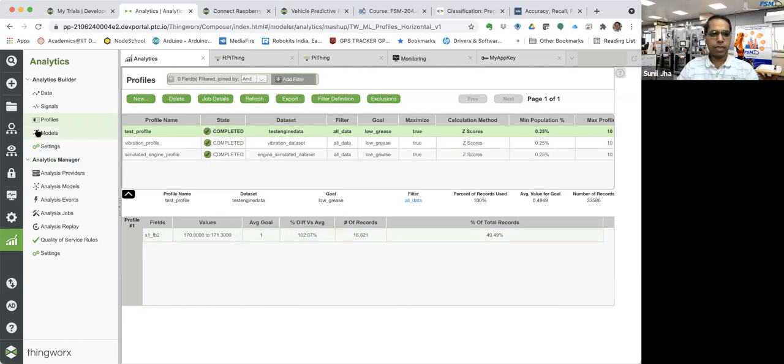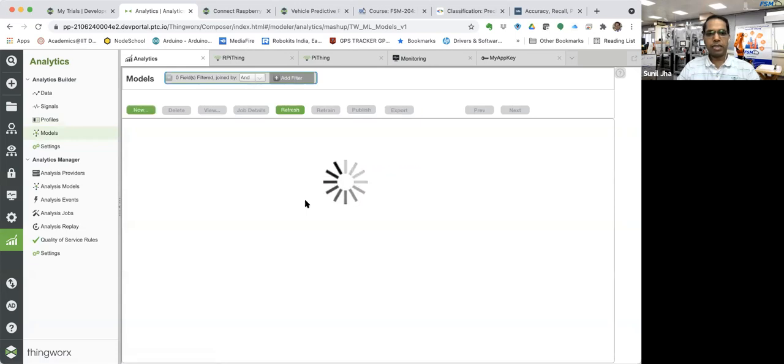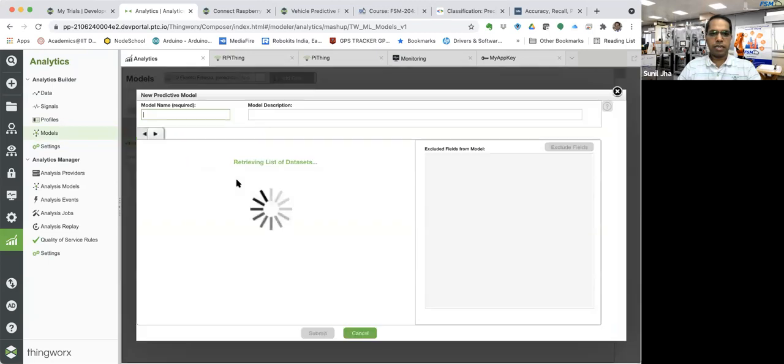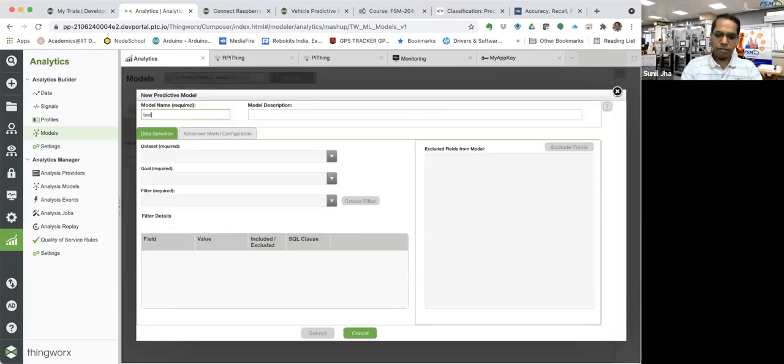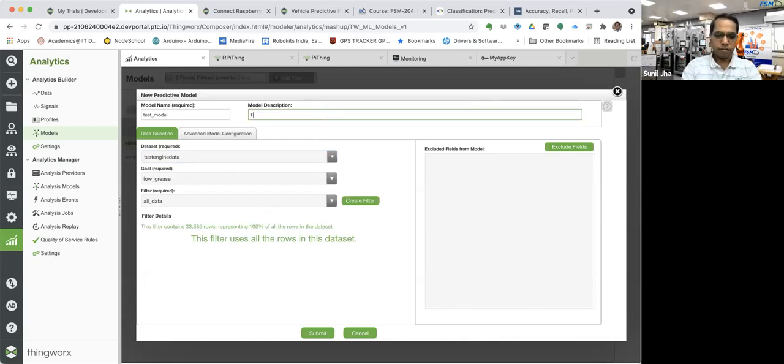So then this is the profiling part. Now we will try to fit the model. So we'll go to the model in this case, and I will create a new model, which is a test model. Again, you will select the data set that you will be using, test engine data, and you are trying to predict the low grease in this case.